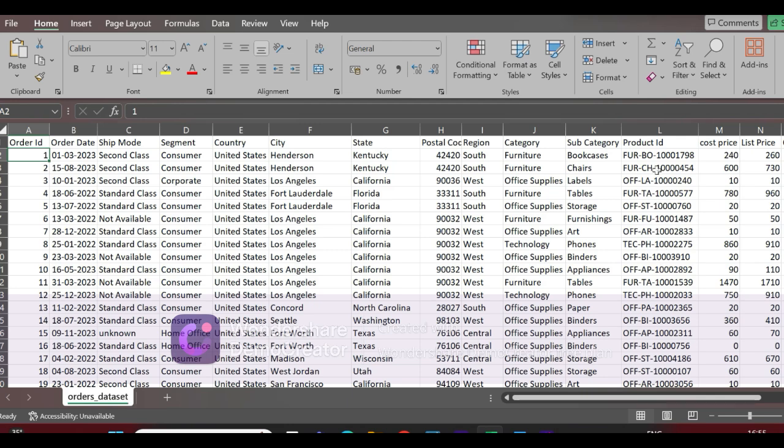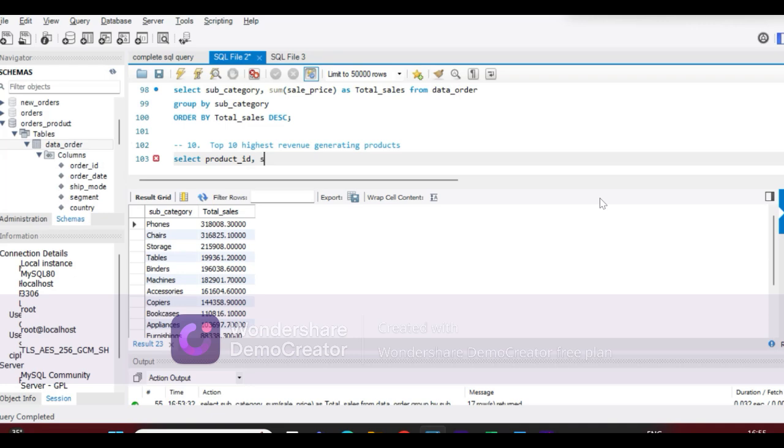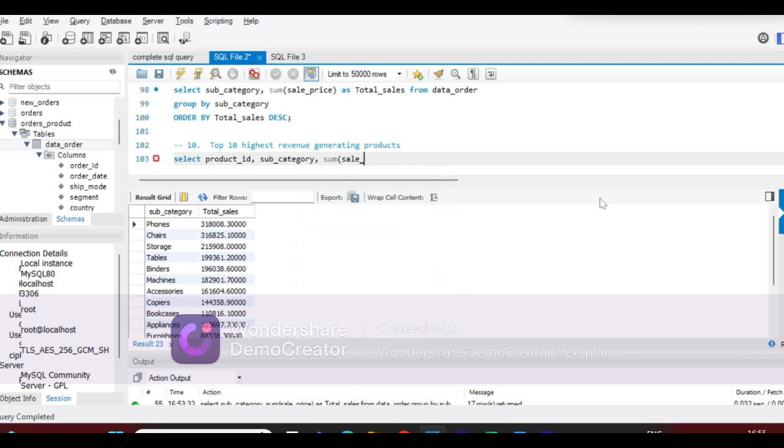I cannot find out much about the product from this ID. We will also look at the subcategory which it belongs to. So we will also select subcategory and the sum of revenue generated as sum of sale price